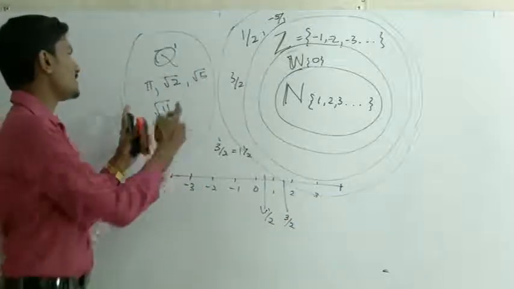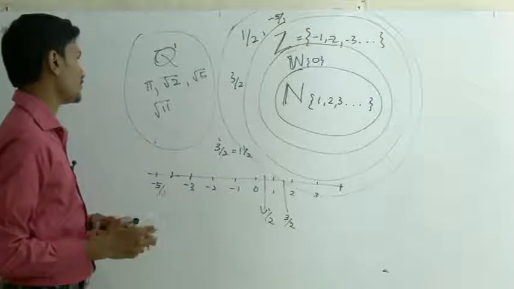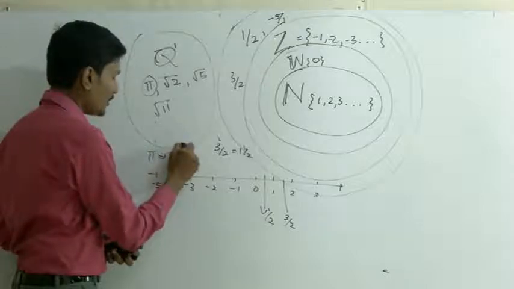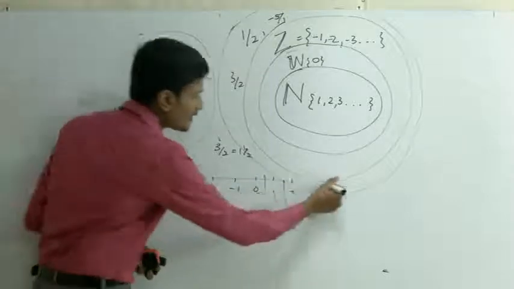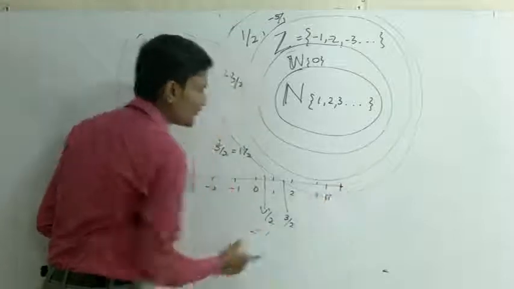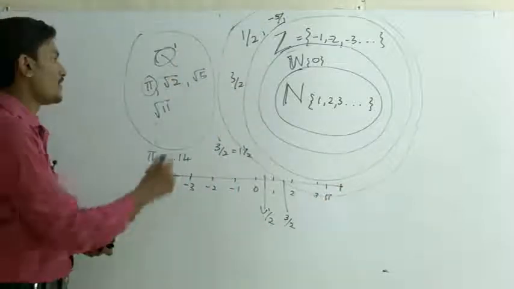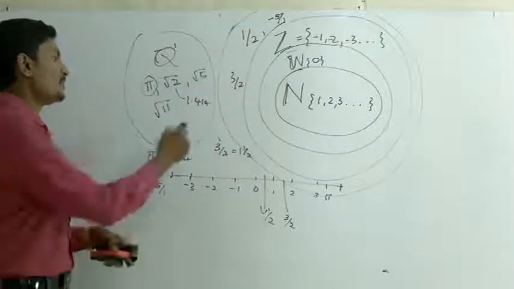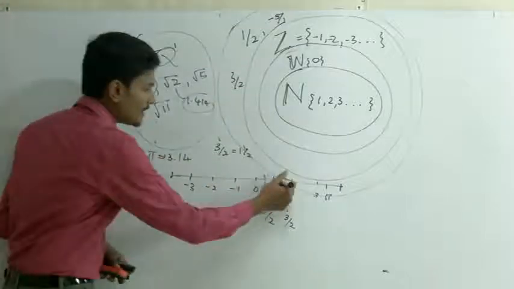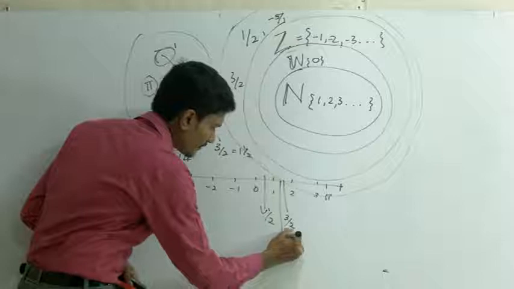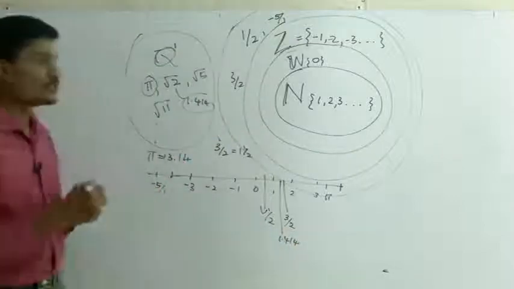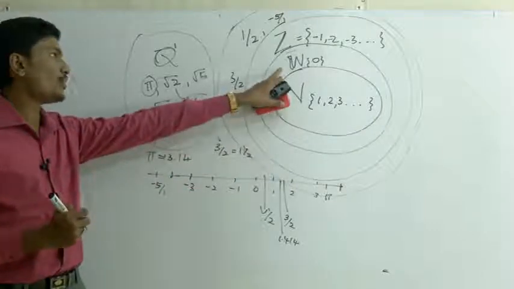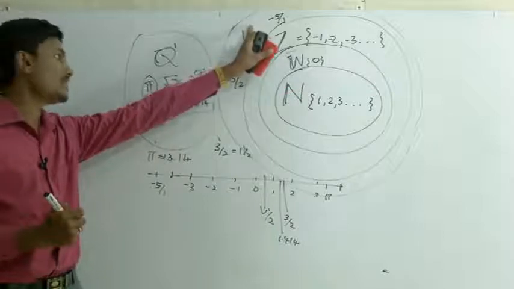Even we can place these irrational numbers on the number line too. Pi is a number which is nearly equal to 3.14. So, we place pi here. Root 2 has the value 1.414, you will be learning this later, why this is 1.414, we can place it here. Simply you should know that all the real numbers include natural numbers, whole numbers, integers, rational numbers and